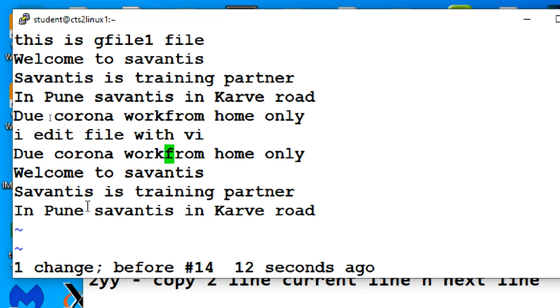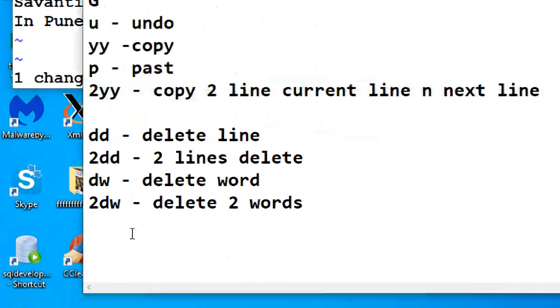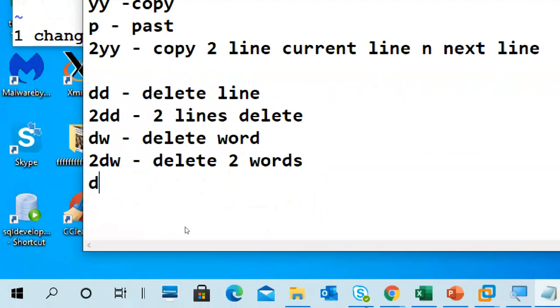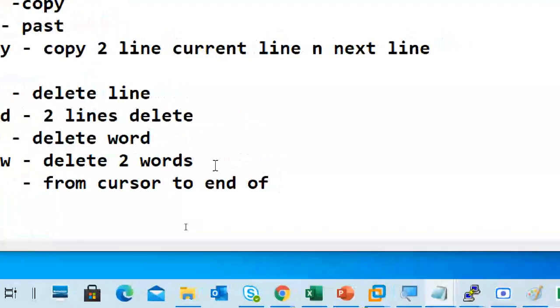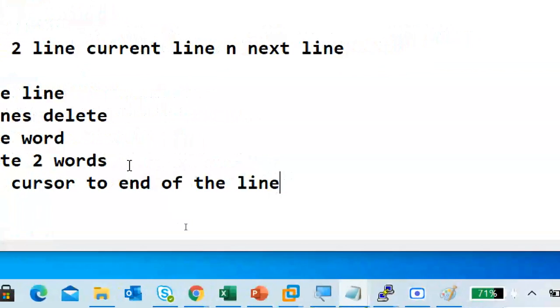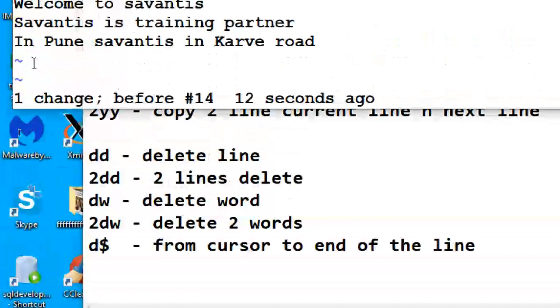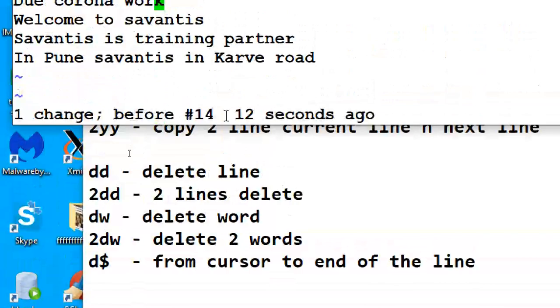D and dollar, Shift 4 dollar, means from cursor to end of the line. D dollar means from cursor to end of the line. Okay, so like that.